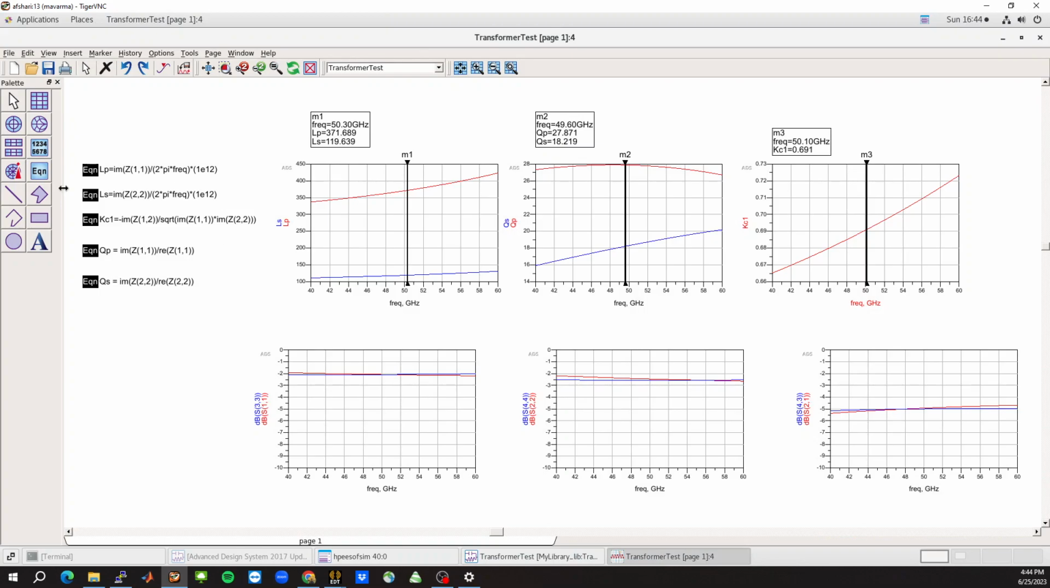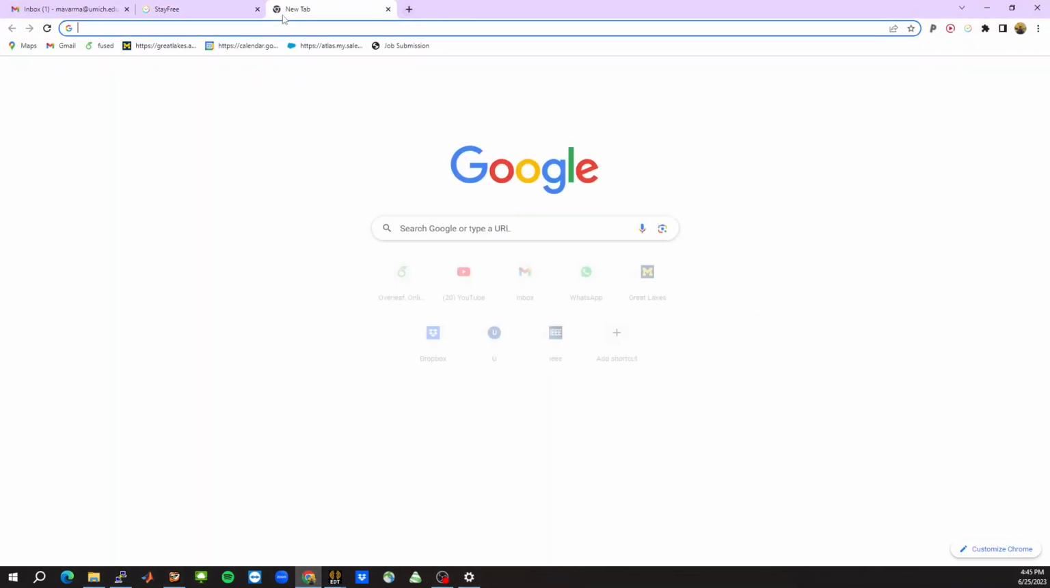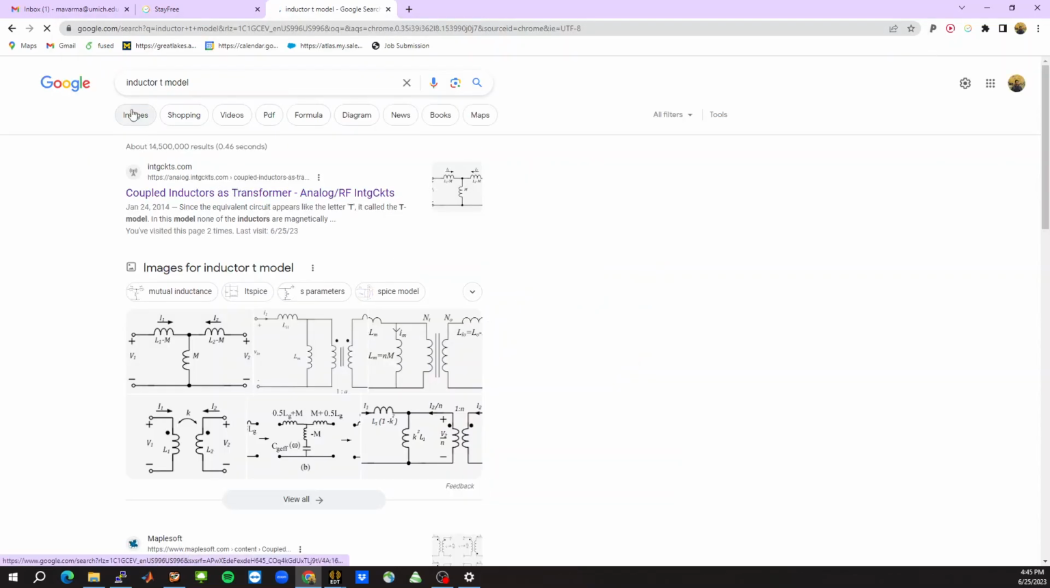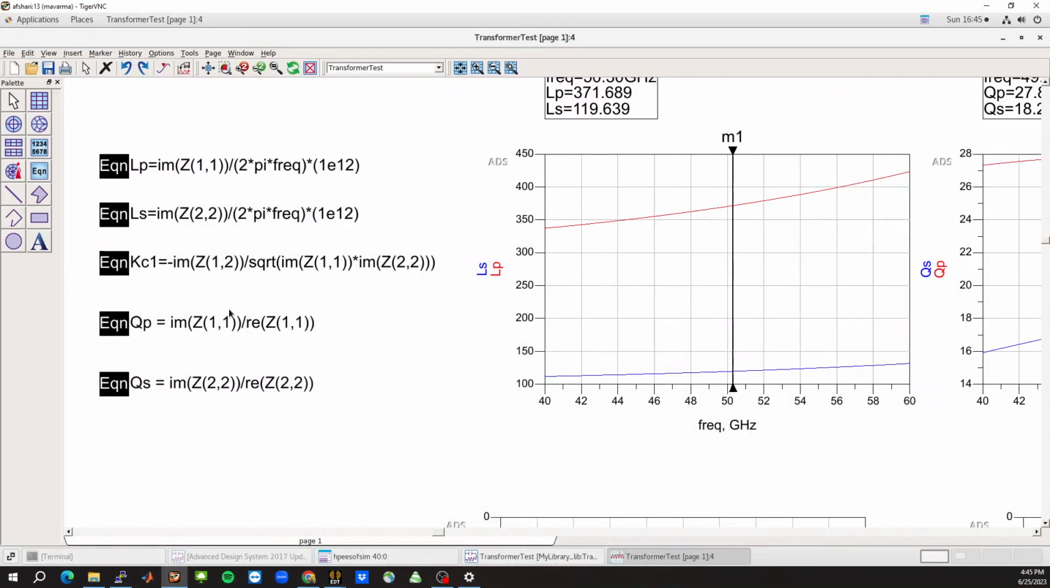And then I plotted these 5 equations. So you can take a look at these equations. From the Z parameters, you can extract the primary inductance, the secondary inductance, the coupling coefficient, and the quality factor of the 2 inductors. You can easily derive these from the T model that they use for inductors. So if you go back and look at the T model, basically this model, from this model you can extract what the value should be from the Z parameters,